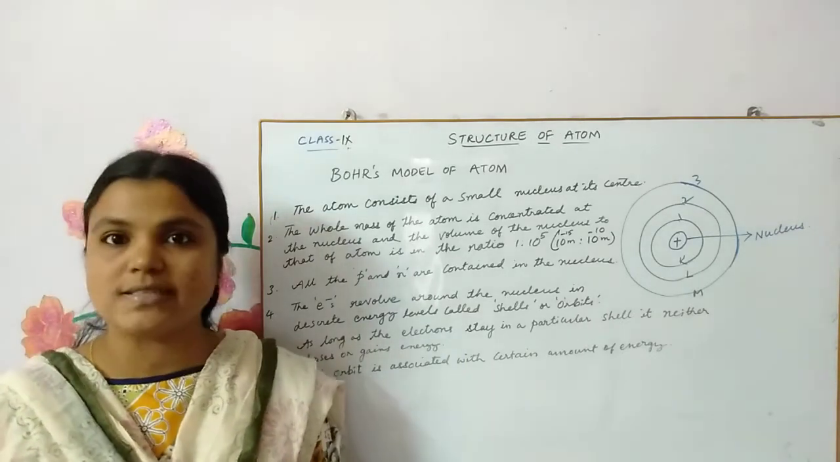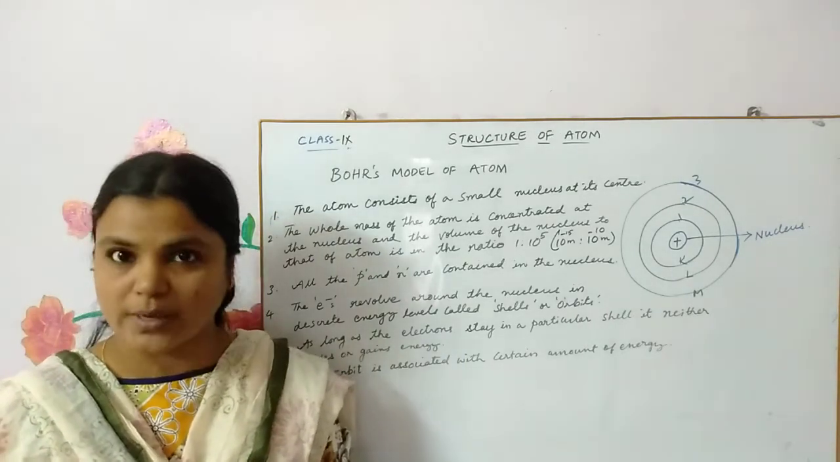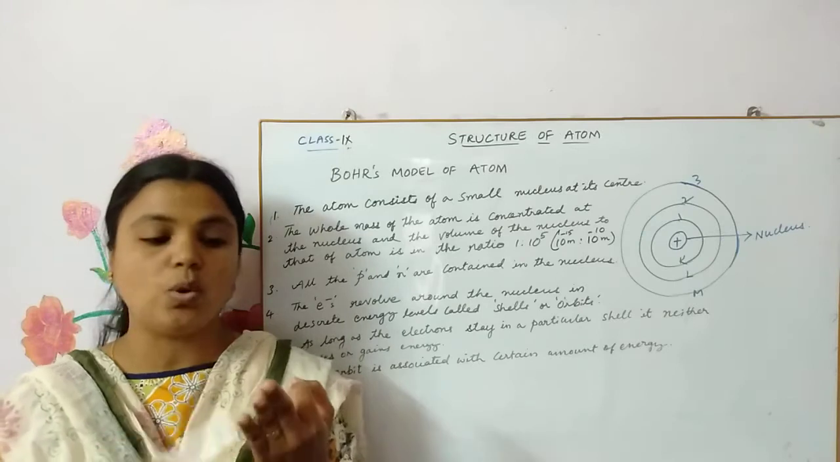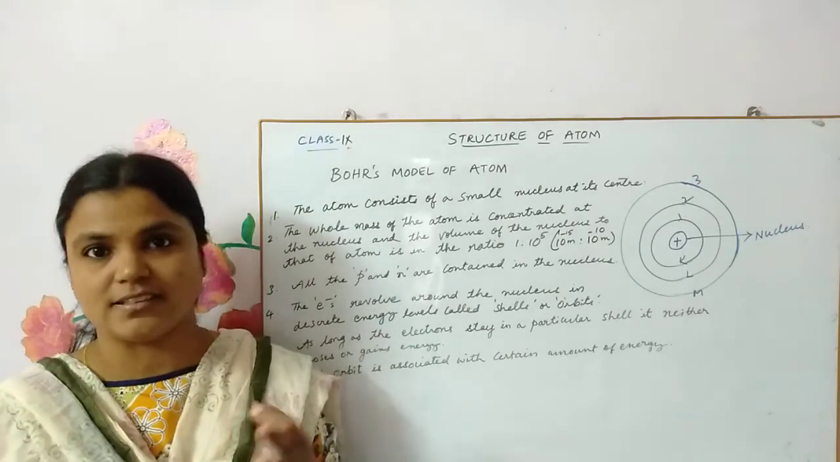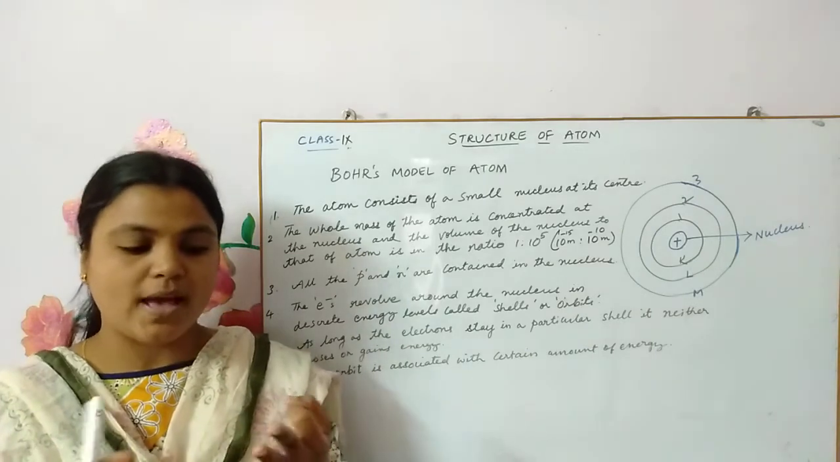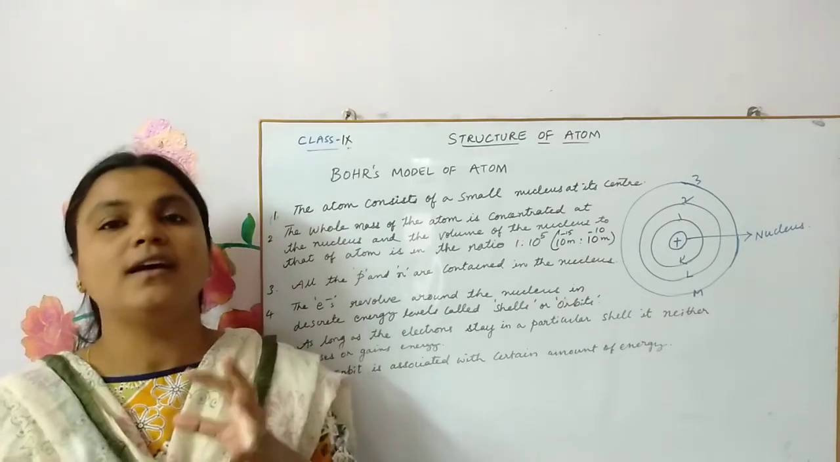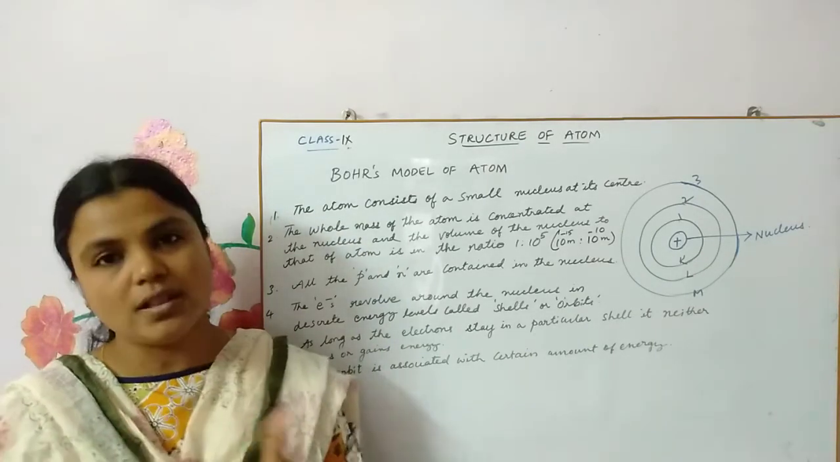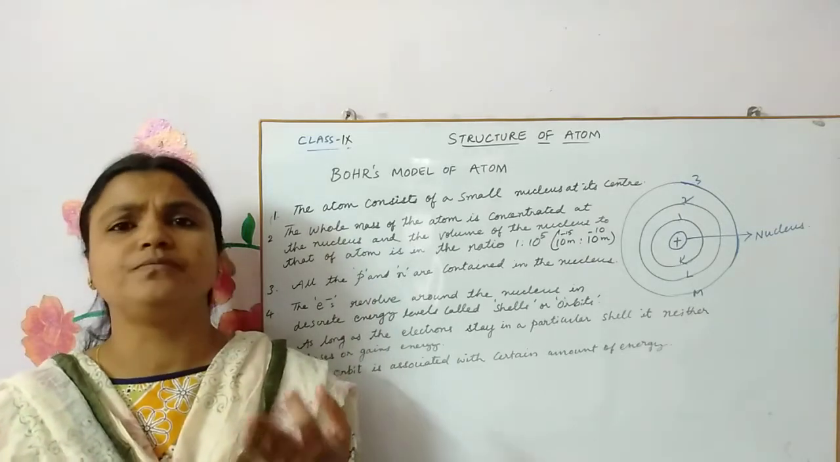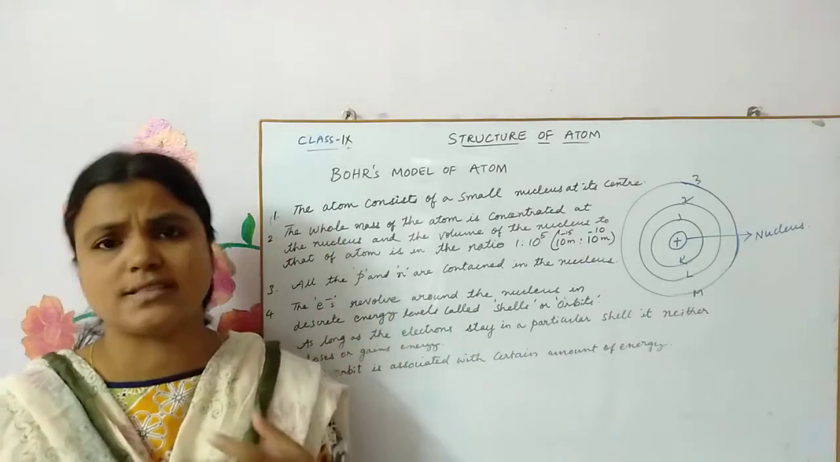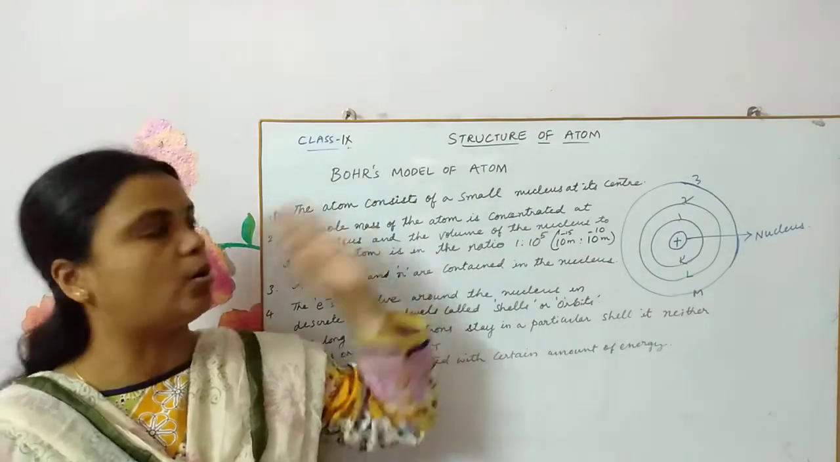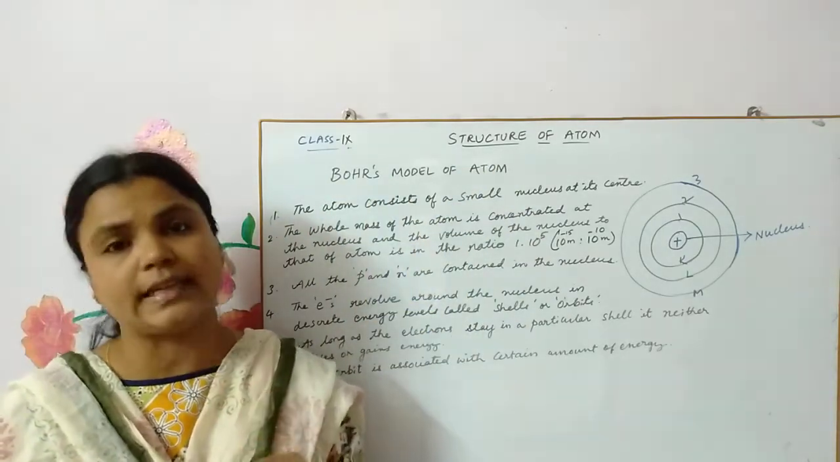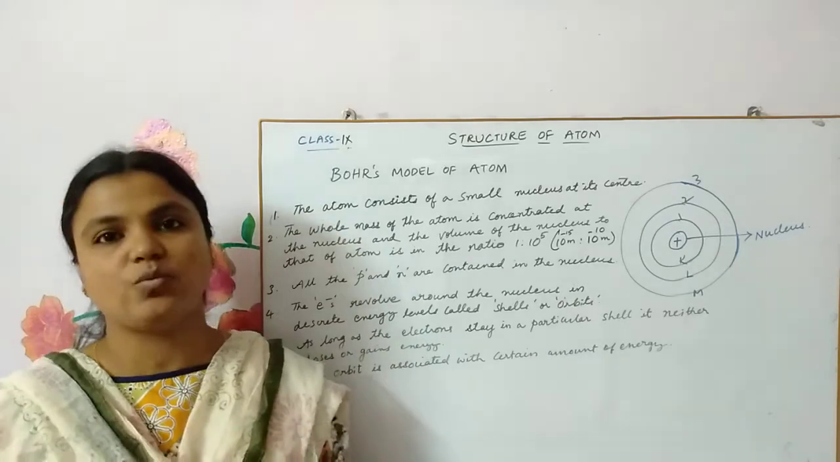Thomson, Goldstein and Chadwick, these three are the scientists who discovered the presence of subatomic particles inside the atom. So, by going through the works of all these scientists, Rutherford, Goldstein and Thomson, Niels Bohr, in the year 1913, after going through all their works,